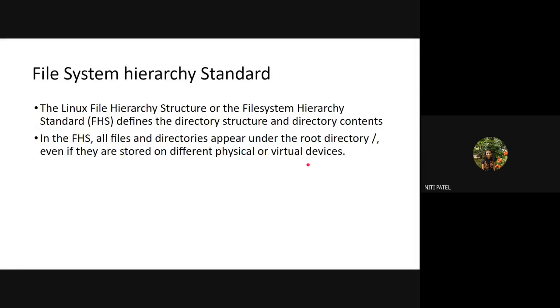Then we have seen the file system hierarchy standard. We have seen different directories like bin, boot, device directory, etc, home, library, media, removable medias, MNT, mount file system, OPT, SBIN, system binaries, server related files, temporary files, user related files, and PROC.